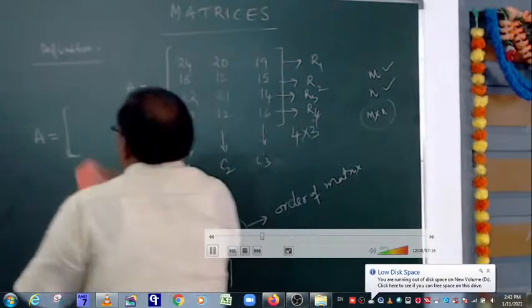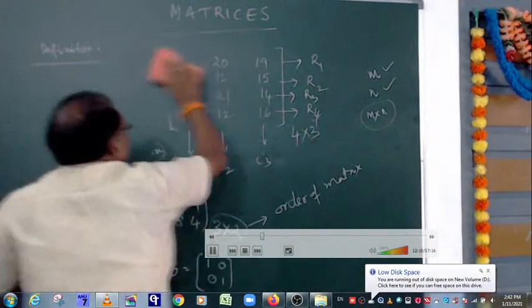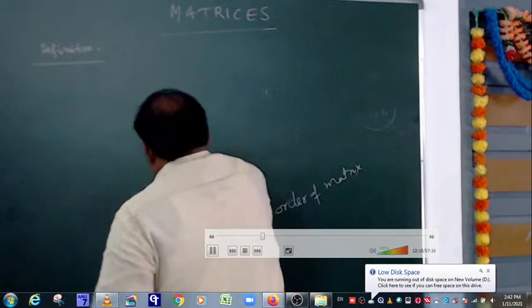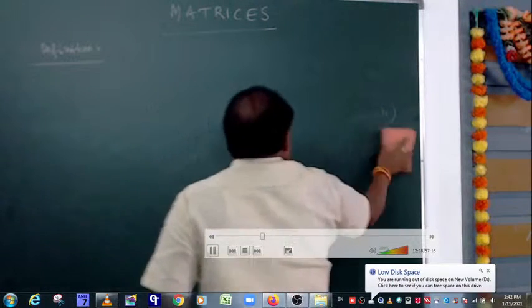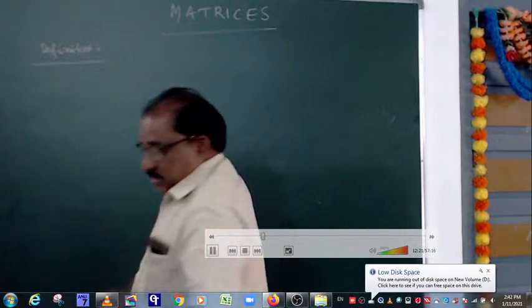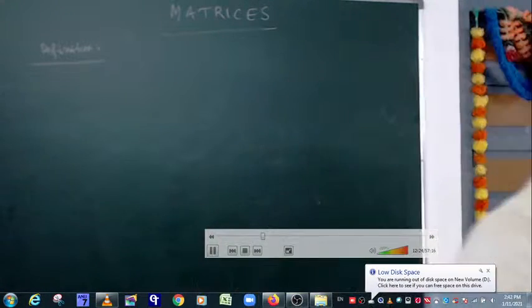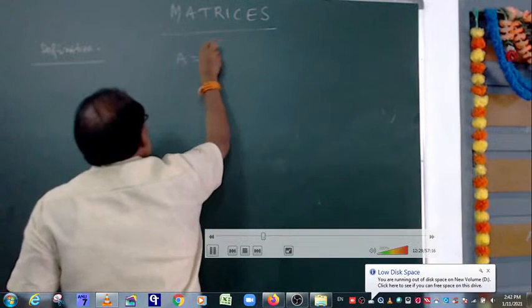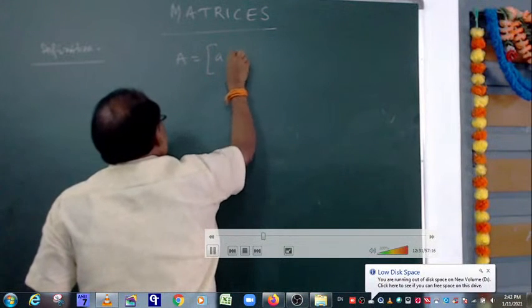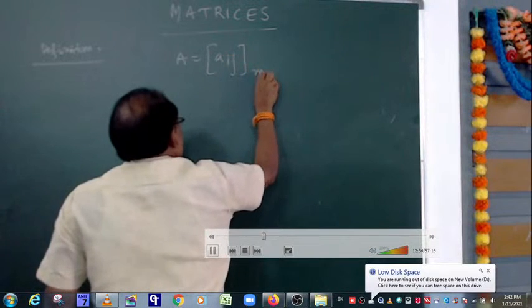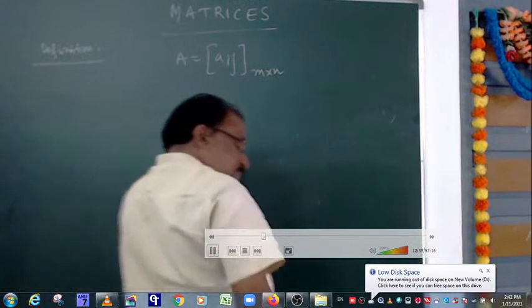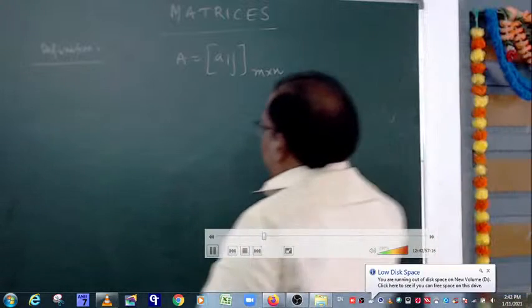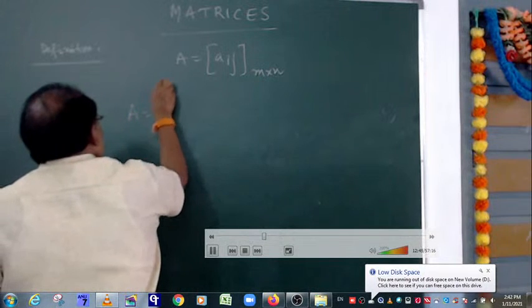Now the general form of the matrix. The compact form of the matrix is A is equal to Aij into m by n. This is the general form of the matrix. We can expand it like this: A is equal to